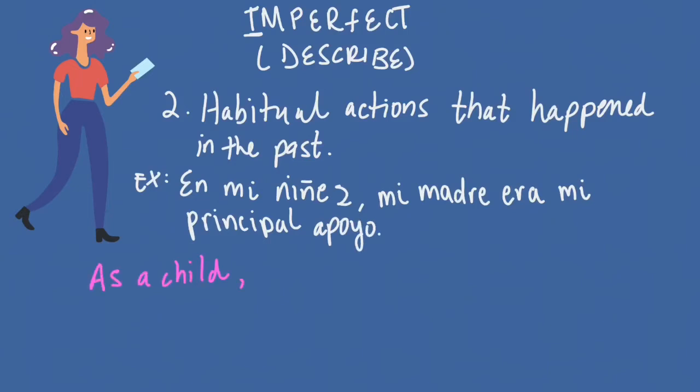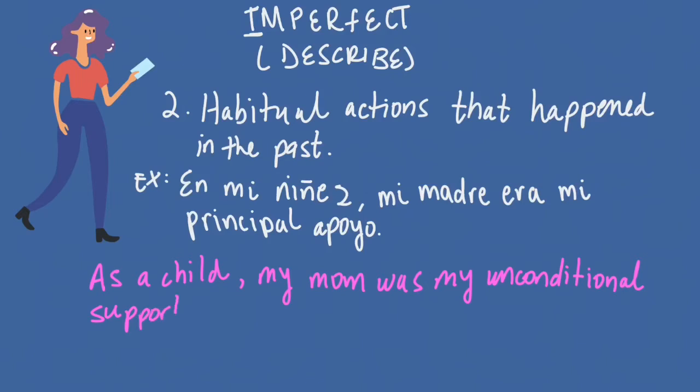In English, as a child, my mom was my unconditional support. So notice that in this case, the verb was takes the meaning of used to be. So every time I needed someone as a child, I would rely on my mother,